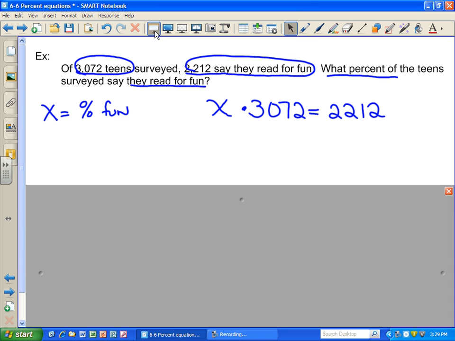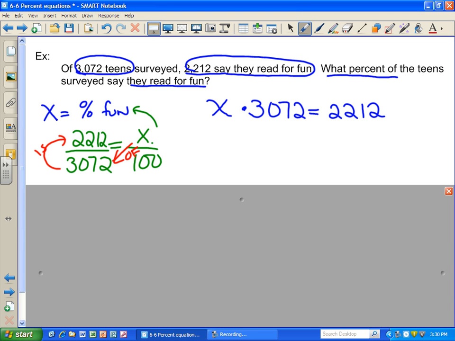And again, you can always set up your proportion and say x over 100, where the x is representing the percent that read for fun. So there's 2,212 that read for fun out of 3,072. Percent of is 2,212. So again, you want to divide both sides by 3,072,